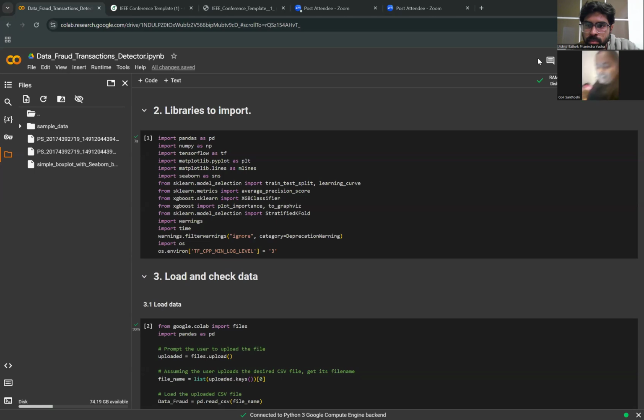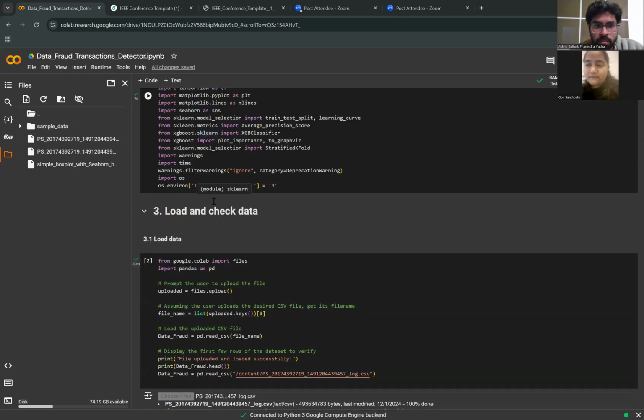Hello, I'm Santoshi, and my teammate is Satvik, and my project name is Fraud Detection in Transactions, where we have a dataset CSV file that contains financial transaction